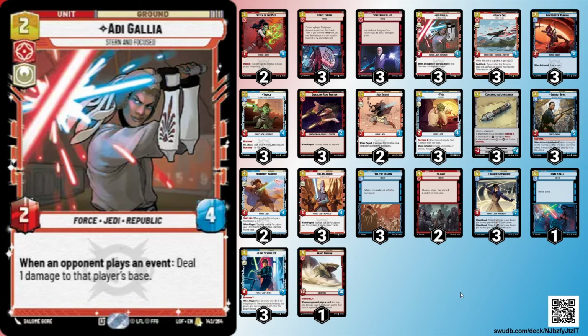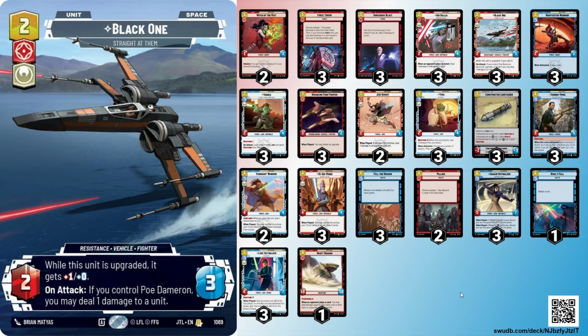It's a 2/4, so we can make it a 3/5 on turn two if we want to, which is nice. So we can immediately take out things that are on the ground to kind of slow our opponent down. And its ability is nice. Black one, of course, is just a great space target for Rey because it immediately becomes a 4/4 on turn two when we